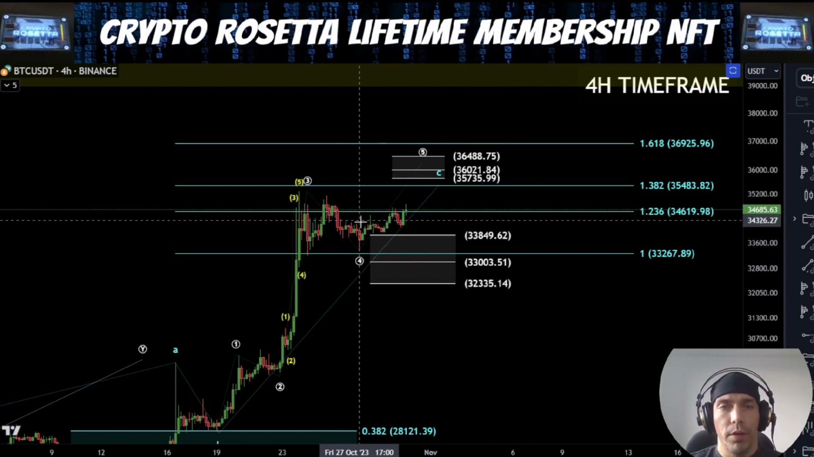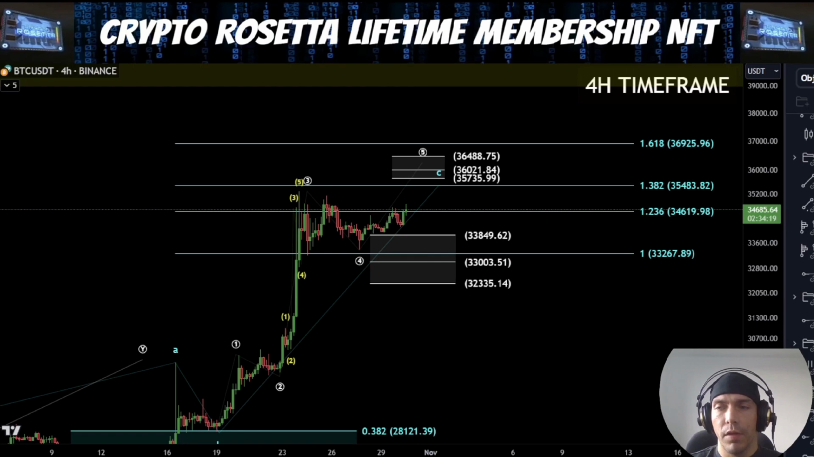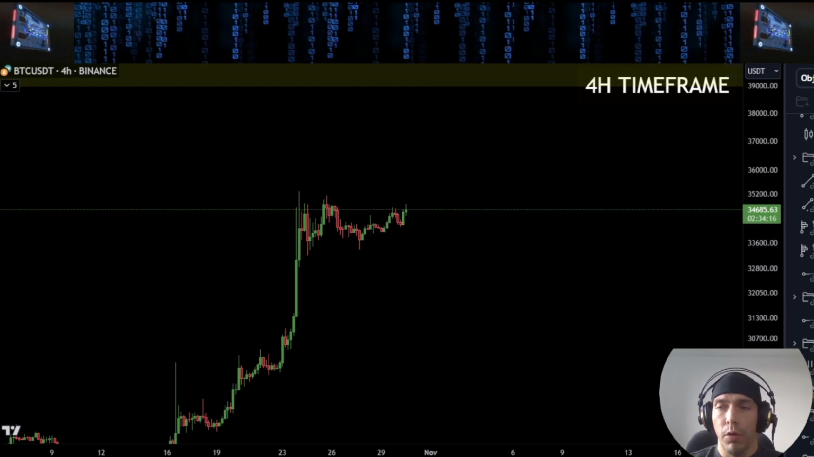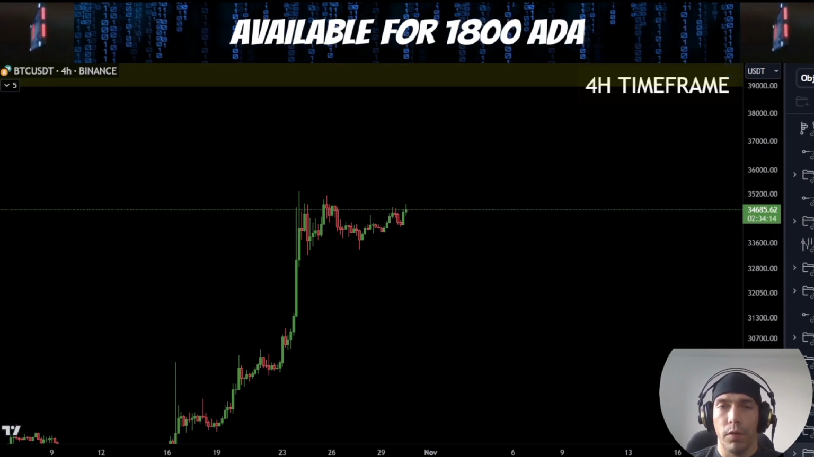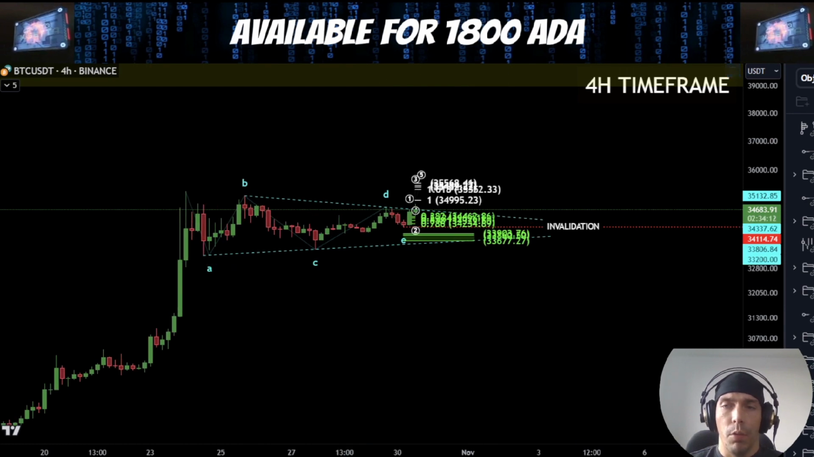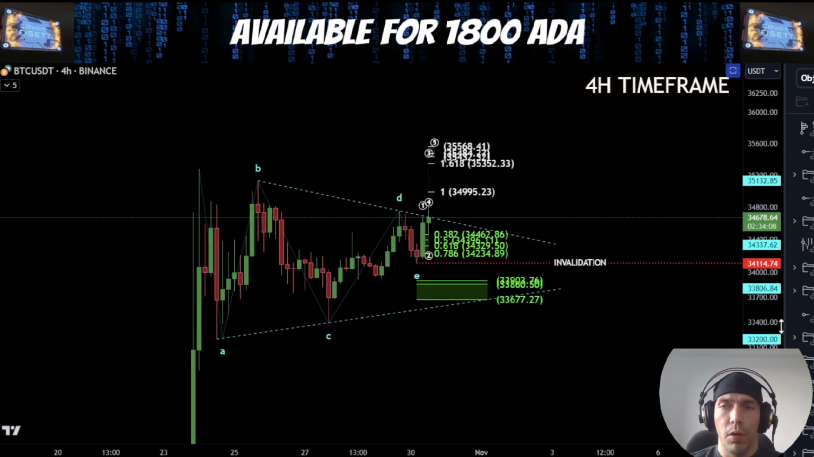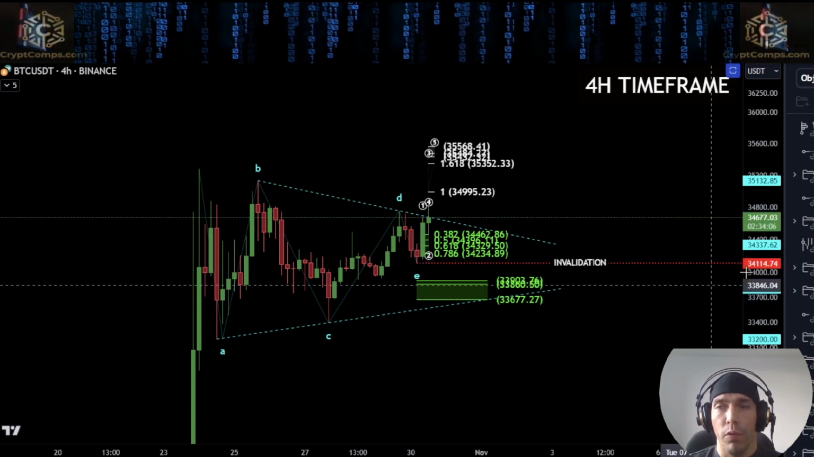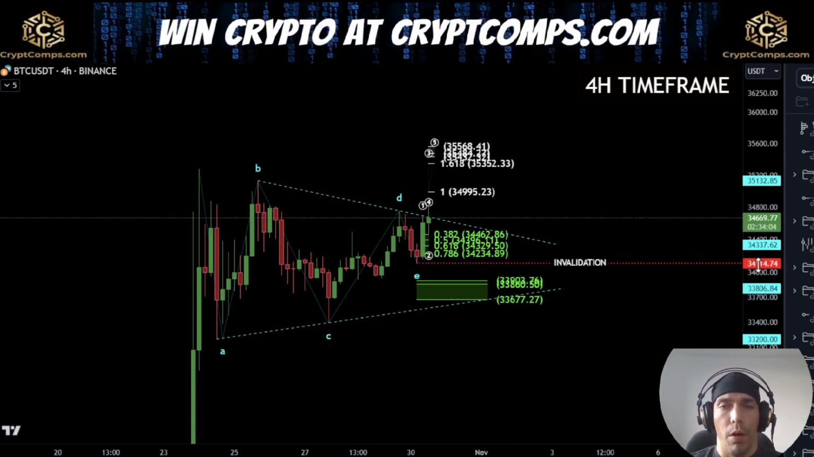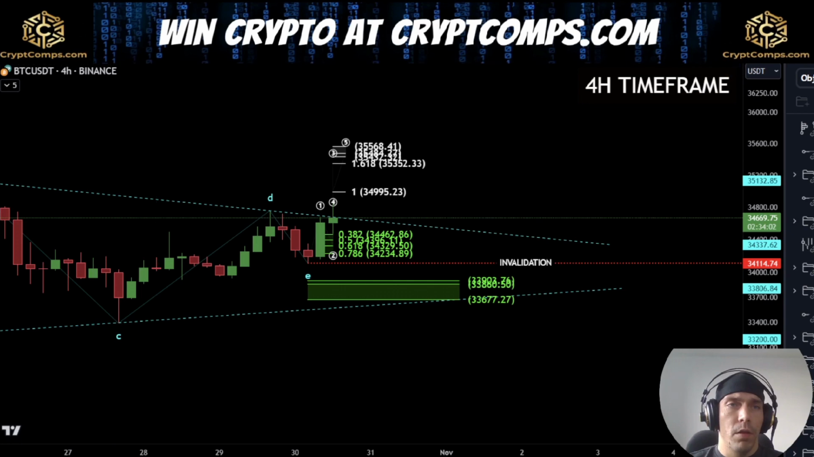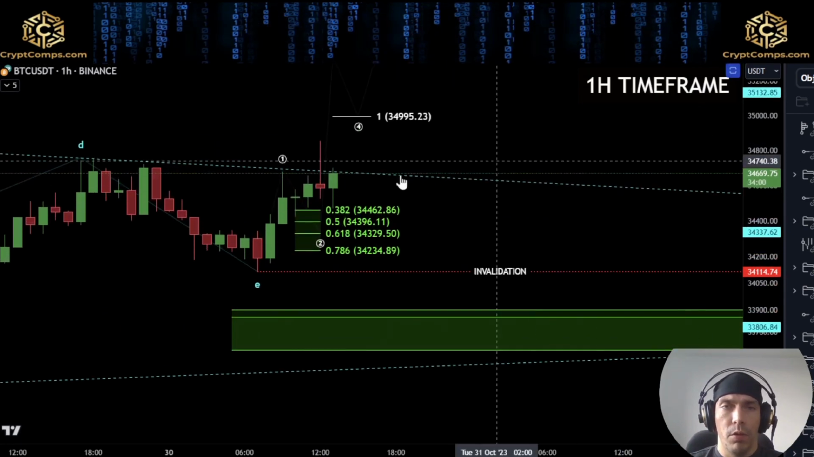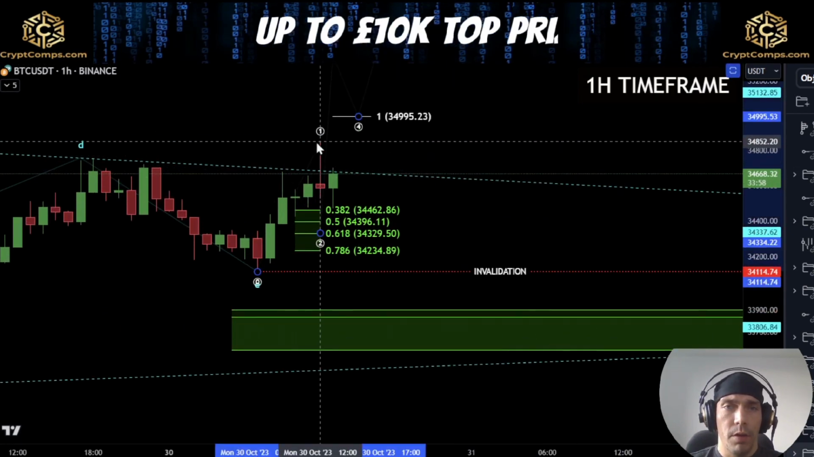Now, there is the possibility that internally here we could see something like a triangle, in which case what we'd then be looking for is something more along these lines, where what we'd be saying is that this is A, B, C, D, and E, and what we could be looking for is a 5-wave move off this 34,114. Now, to get confirmation of something like this, what I would be looking for is effectively for this move to